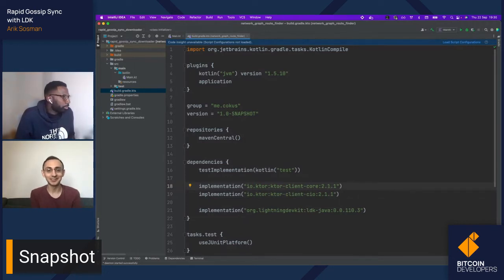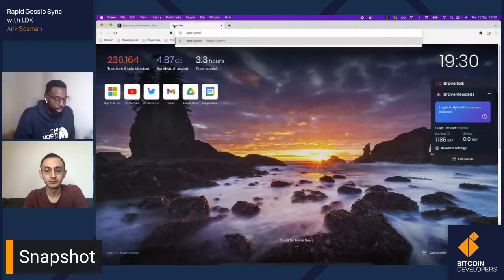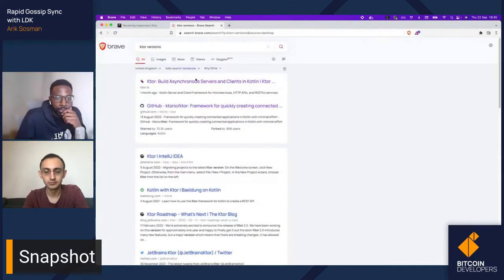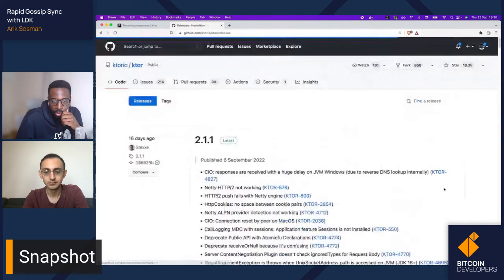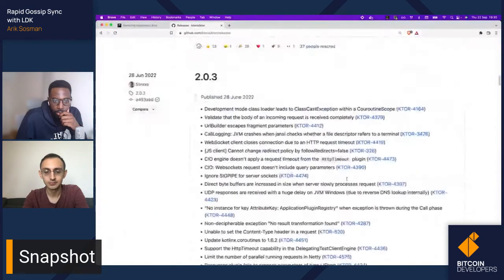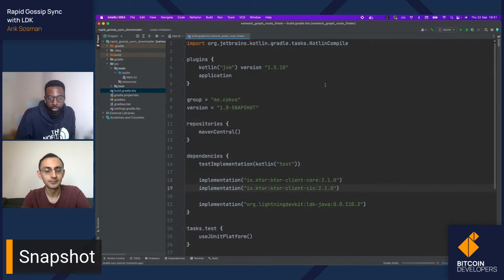All right, that's a relief. At least it's not LDK breaking it. No. I'm just trying to remember what version. Let's just try and use an older version. All right. Where can we find the versions of Ktor first? If I go to maybe releases. 2.1.0. Let's try 2.1.0 because I do remember using that the other day and it was fine. Let's try that. All right. If not, we'll use an even earlier version.